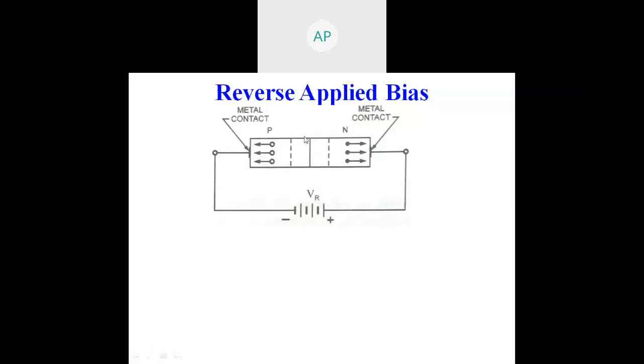So the depletion width, which was small in case of no applied voltage, will be wider in case of a